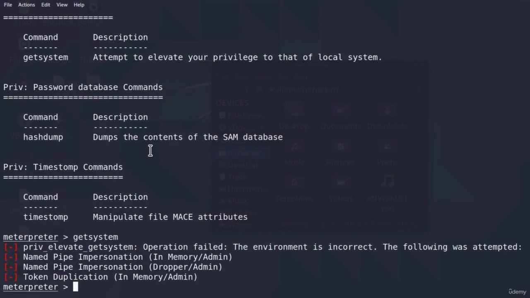It seems we cannot get system privileges on the target machine. And just to remind you, system privileges are the highest privileges on the Windows machine, even higher than the administrator. Once we get a system level account, we can say we fully hacked that box. So what are we going to do? Well, we're going to try to elevate our privileges in the next video